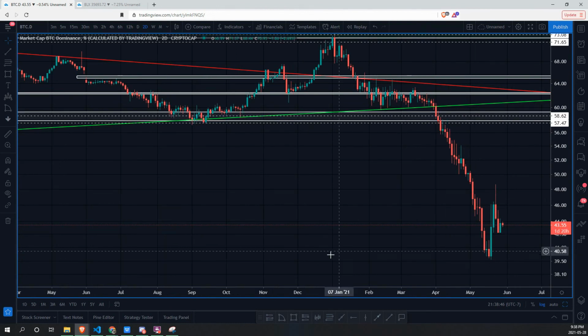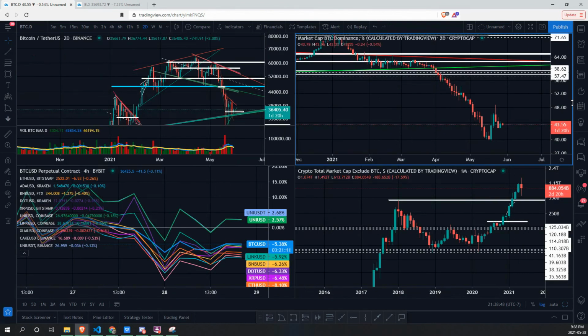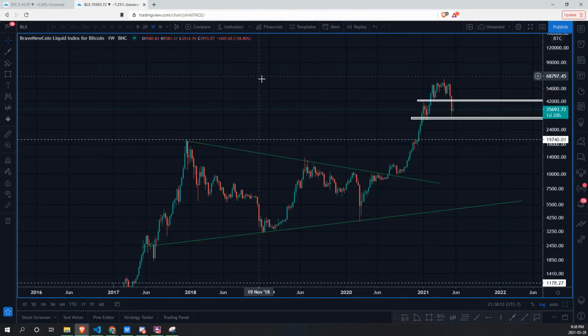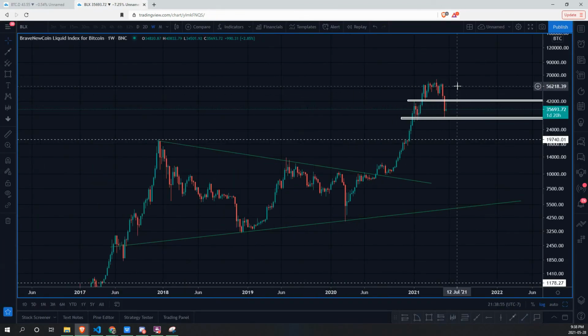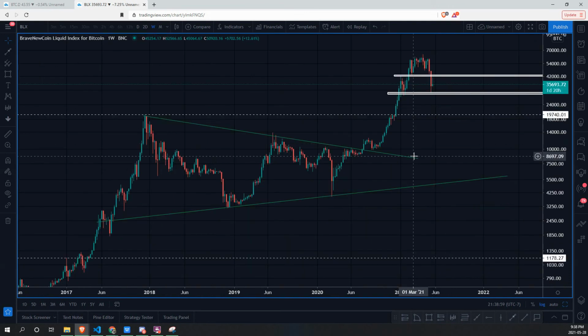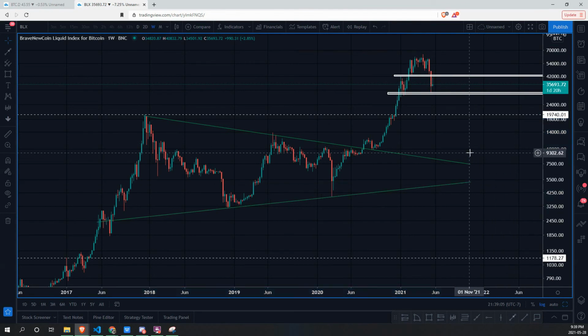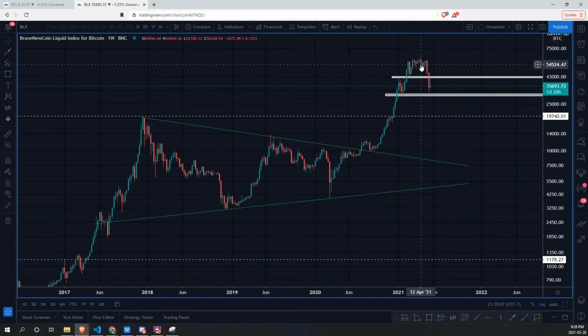So looking at a different chart here, not a whole lot more to talk about. I think there's going to be a little bit more consolidation coming in to that. And then on the BLX chart, this is that head and shoulders that we talked about in the smaller time frame, but on a larger weekly time frame. This is that triangle that we just initially talked about, the largest triangle that we've seen for BTC since its inception. This is the first major pullback from that triangle.